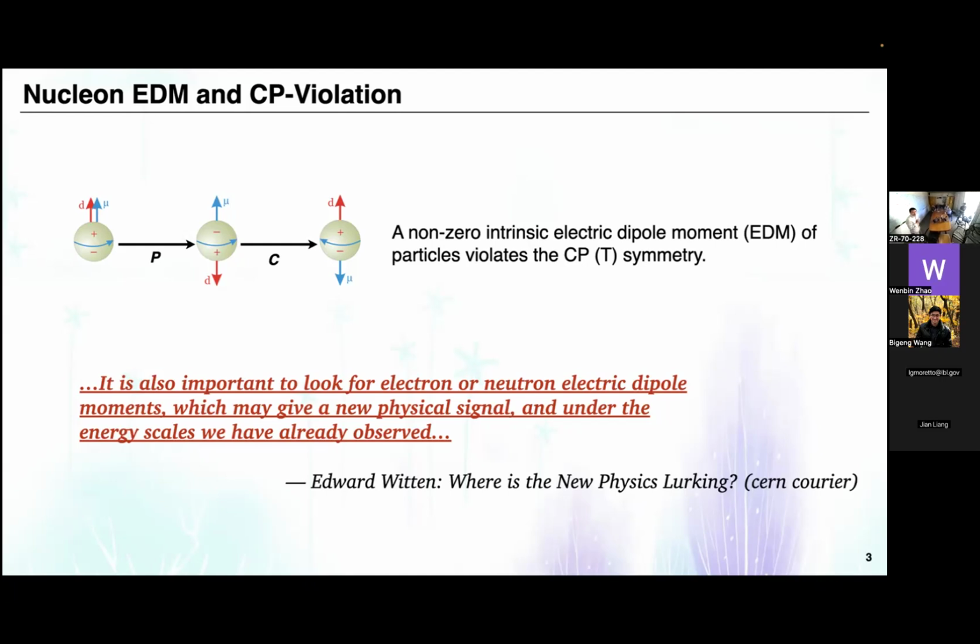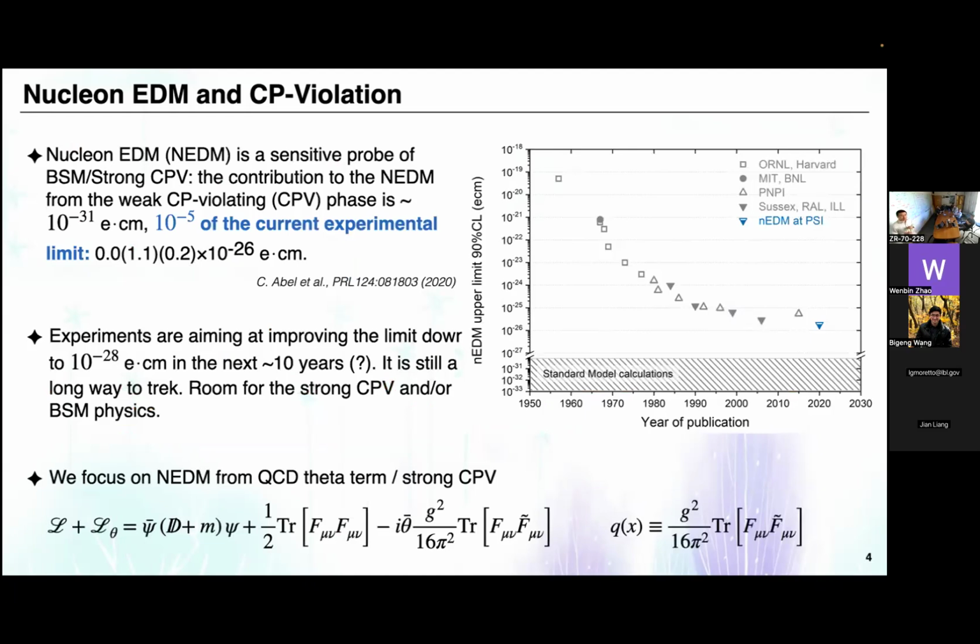The proton or nucleon electric dipole moment is important because it's one of the most promising experiments that can probably find new physics. To be more specific, the nucleon EDM is a sensitive probe for both Beyond Standard Model physics and also the strong CP violation. We can see from this figure that the contribution from the weak CP violating phase is as small as 10 to the minus 31 centimeter, this shadow region, and the current experimental limit of the neutron EDM is